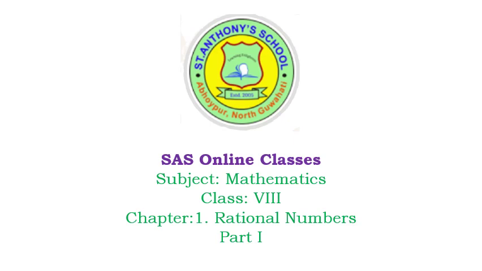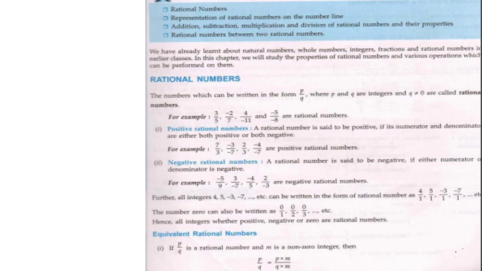So, chapter 1 is named rational numbers. Now, if you all remember, we have already studied rational numbers in class 7, and there also I told you to keep in mind the facts about the number. I told you that we'll be continuing with the same chapter in class 8 as well. So, to begin with the definition, what are rational numbers?